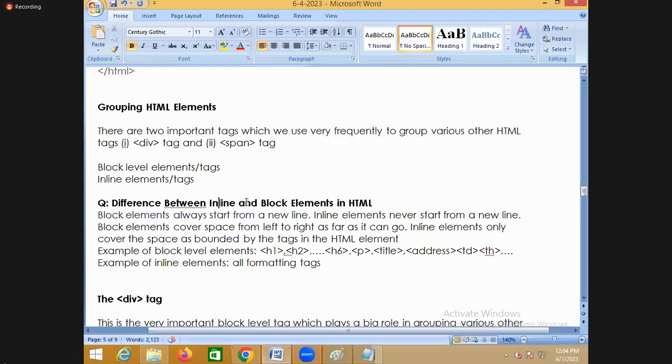And I said, what is the difference between inline elements and block level elements? Always the block level elements start at a new line, but inline elements don't start at a new line. All formatting tags can be called inline elements. Okay, now these headers, title, address, table data, table row, list items, description,